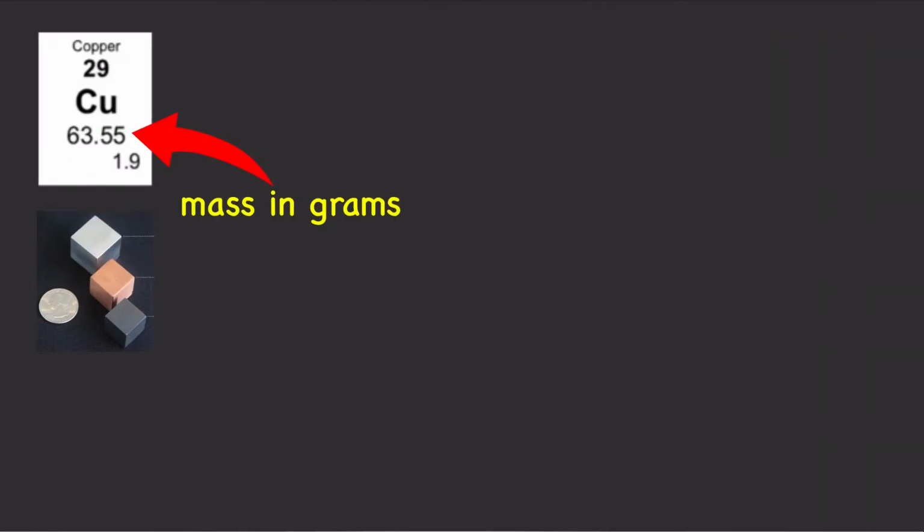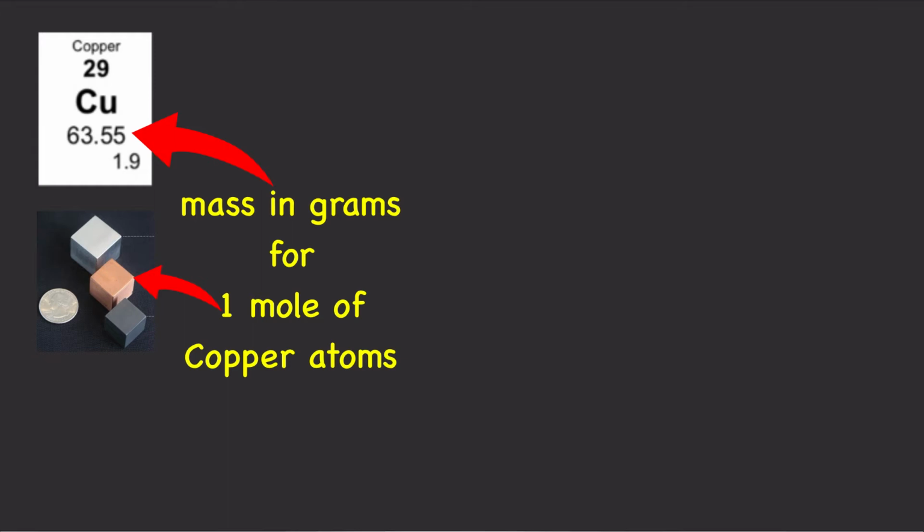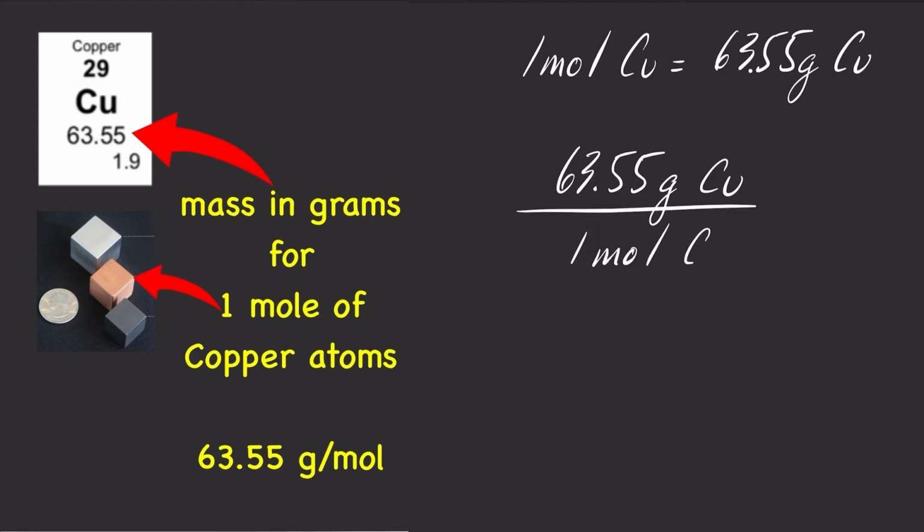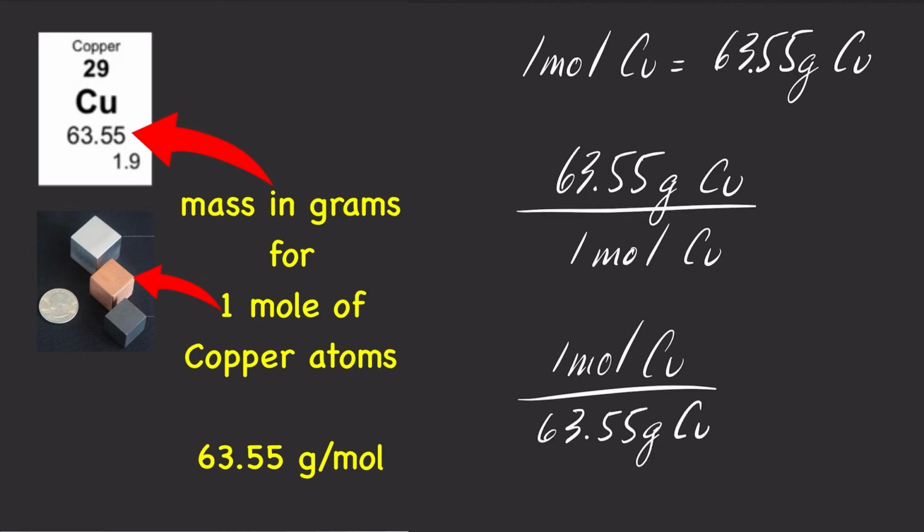So the mass in grams for 1 mole of copper, or 602 billion trillion copper atoms, is 63.55. In other words, the molar mass of copper is 63.55 grams per mole. We could also write this as a ratio, 63.55 grams of copper per 1 mole of copper, or 1 mole of copper per 63.55 grams of copper. And when converting between grams to moles or moles to grams for the element copper, these ratios are useful as